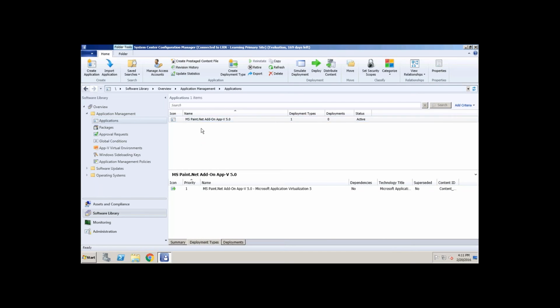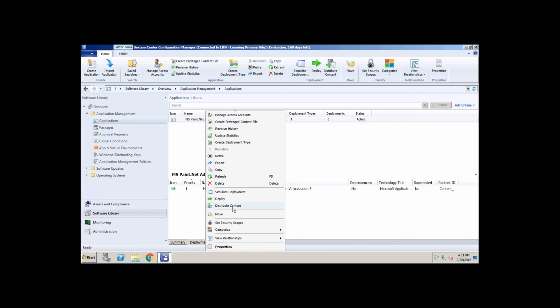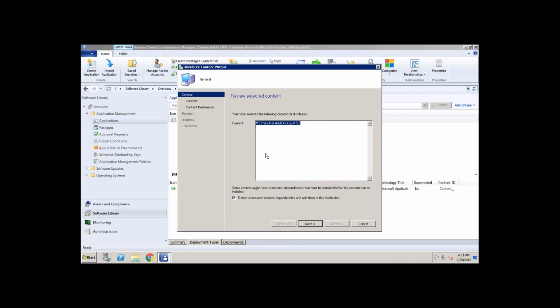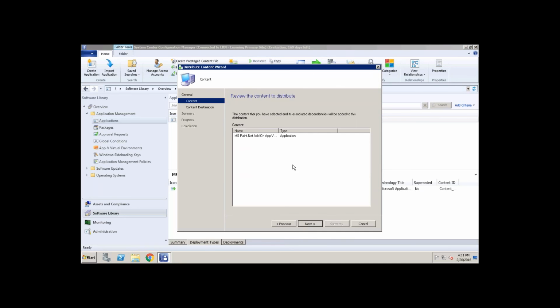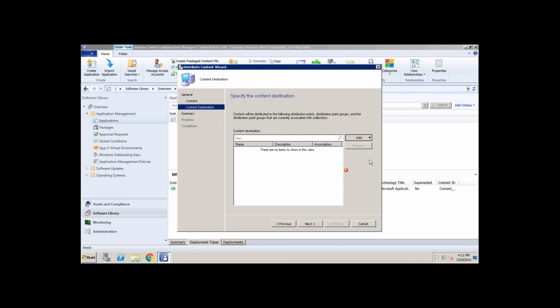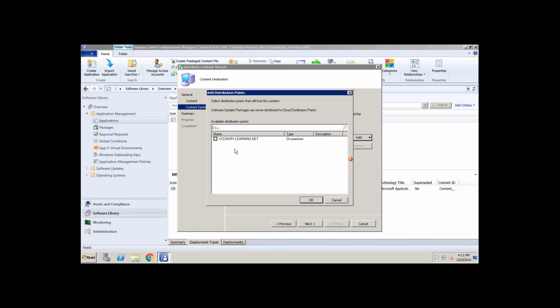First of all, whatever application you have here has to be present in your distribution point. It should be available somewhere in the servers. From there, the content will be downloaded to the client. So I just need to say distribute content. This is the content I want to distribute, but you should have a DP. As of now, I have a DP on the same machine.